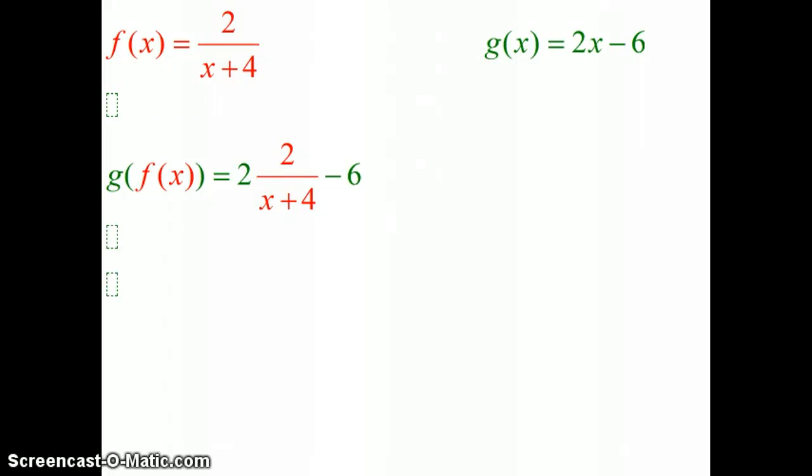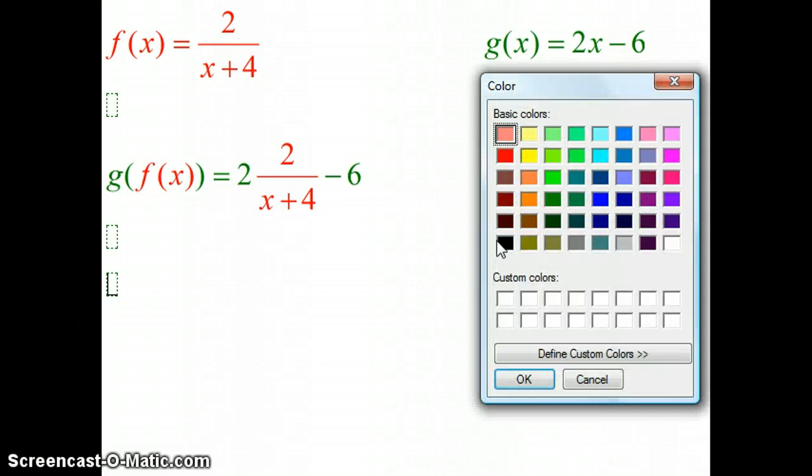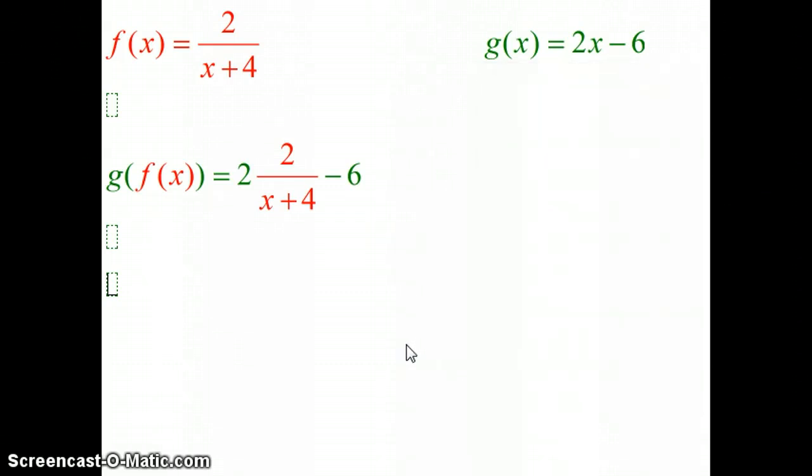But let's take a look at how this simplifies. And just so I'm not taking up too much time here, I'm going to go ahead and do this in black. So we're saying that g of f of x is the same thing when I multiply across the top. If it helps, think of it this way. 2 can be written as 2 over 1. In other words, the 2 here is the same as 2 over 1 here, and I'm going to multiply that by 2